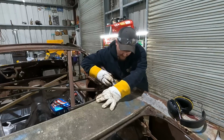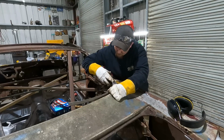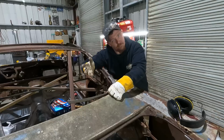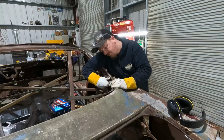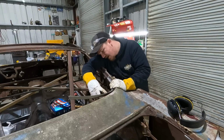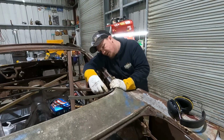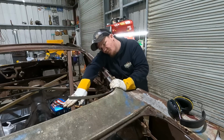So now, we got this where we like it. I can work with that. I'm gonna have to trim it a little bit here, but that's fine. That's why we got extra. Now I moved this down, flatten this out where it's gonna sit, and then I put this here to start that arch that way. So we know we're gonna have to start stretching it here to start bringing that down